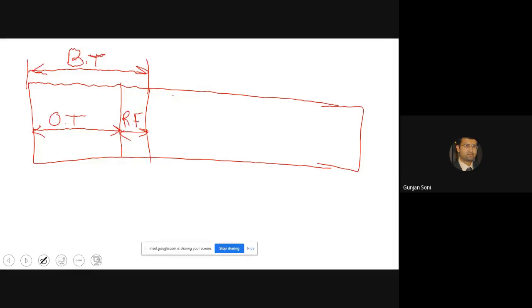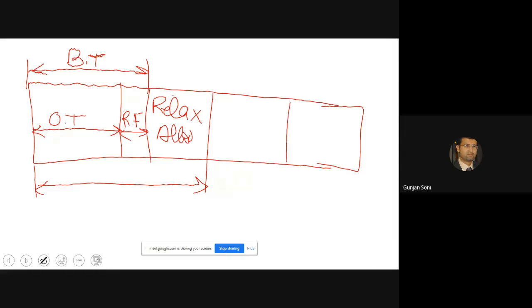Then you have relaxation allowance. So if you include the relaxation allowance in basic time, before we use that, one more we'll have to include.